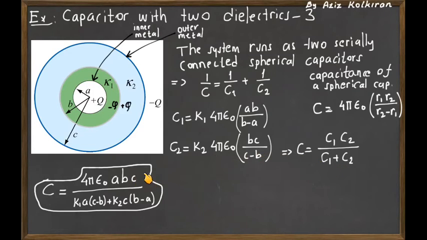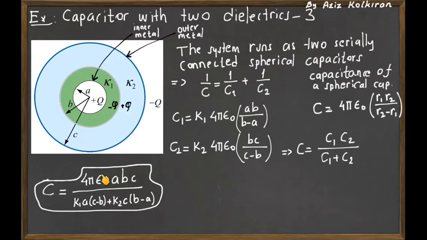If you simplify this expression with this formulation, you will get the end result as 4 pi epsilon 0 A times B times C divided by this expression: K1 A (C minus B) plus K2 C (B minus A). And for